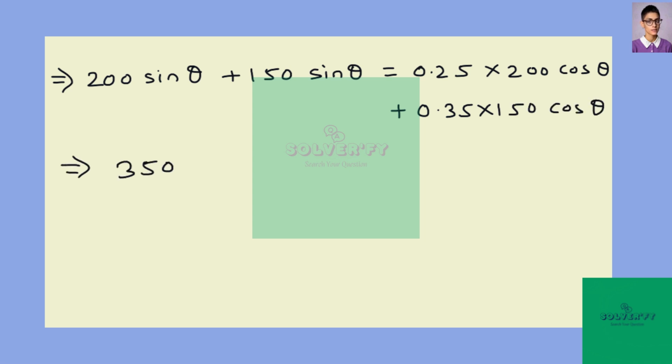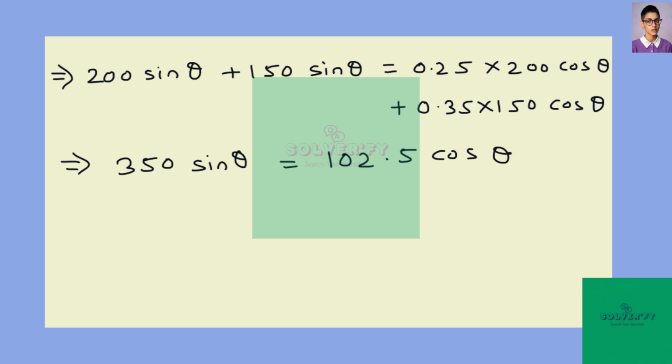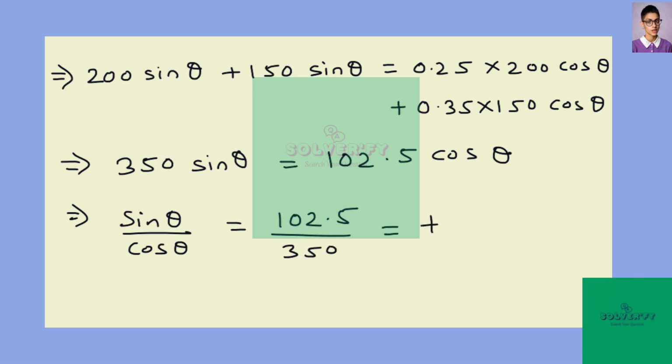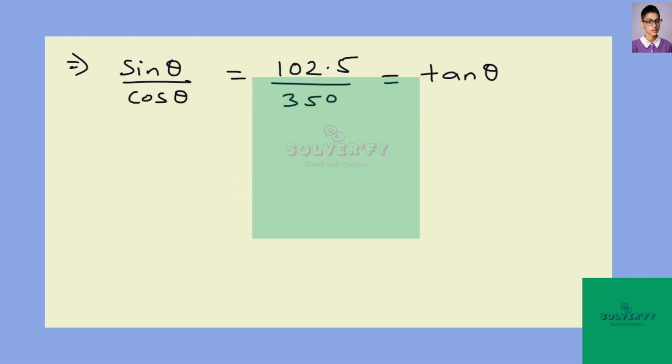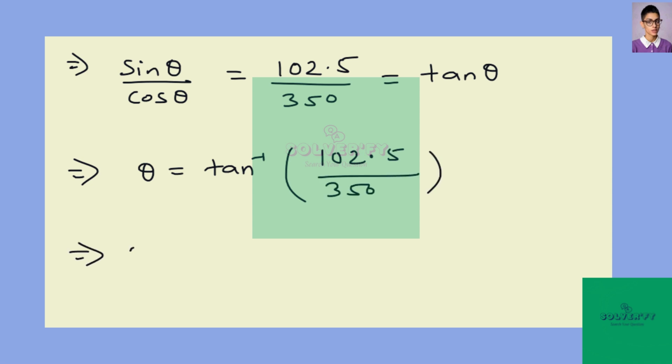On solving further, we can write 350 sin theta is equal to 102.5 cos theta. So solving further, sin theta by cos theta is equal to 102.5 by 350. So tan theta is equal to that, or theta is equal to tan inverse of 102.5 by 350. On solving, we get theta is equal to